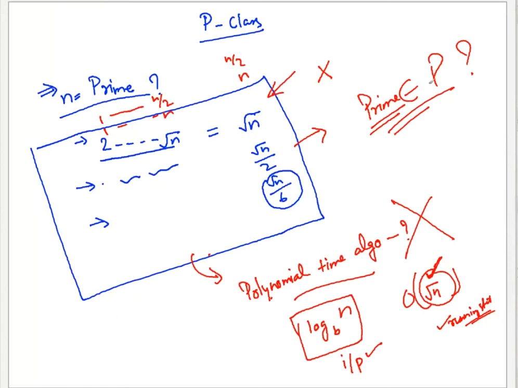But it doesn't mean that prime is not in P. The answer to this question is actually yes. But there is a very complicated algorithm that proves that this primality testing, as it's called, is a polynomial time process. The proud thing is that it was proved by an Indian fellow. He is a professor at IIT Kanpur. With his two BTech students, he proved it. And he got the Gödel Prize for this. And his name is,